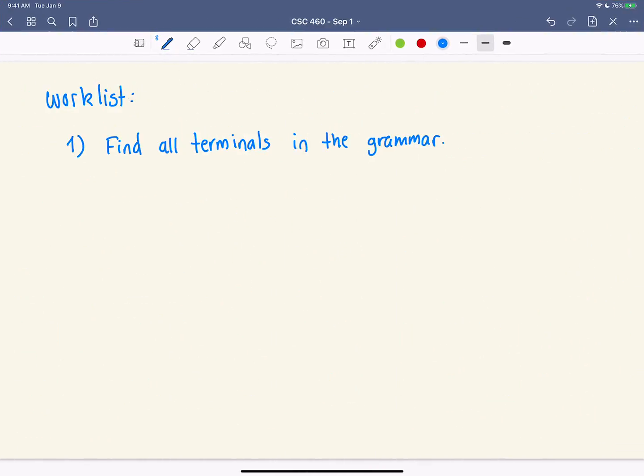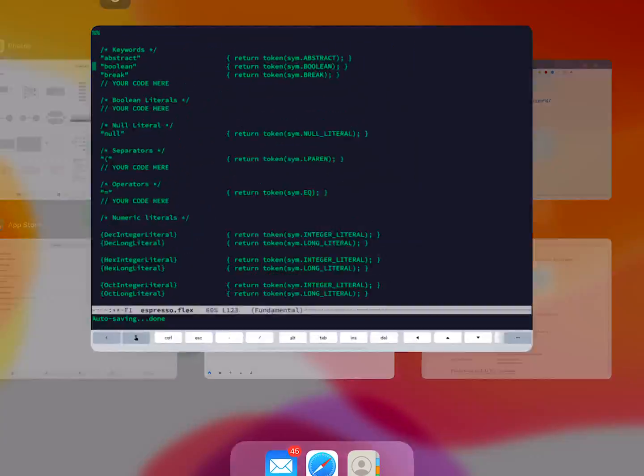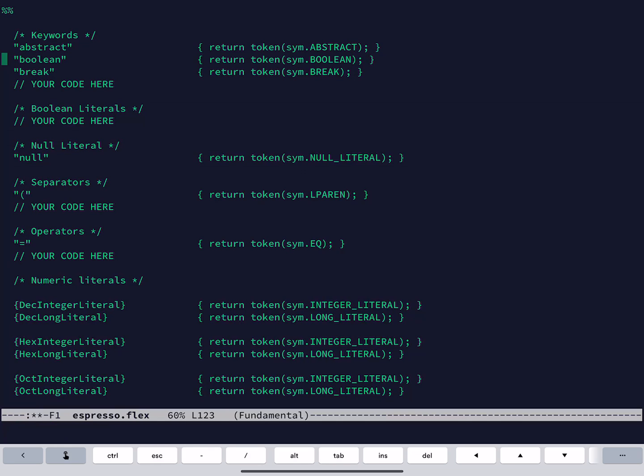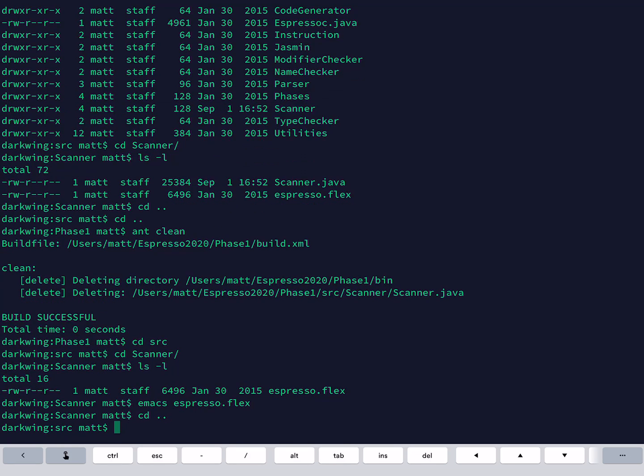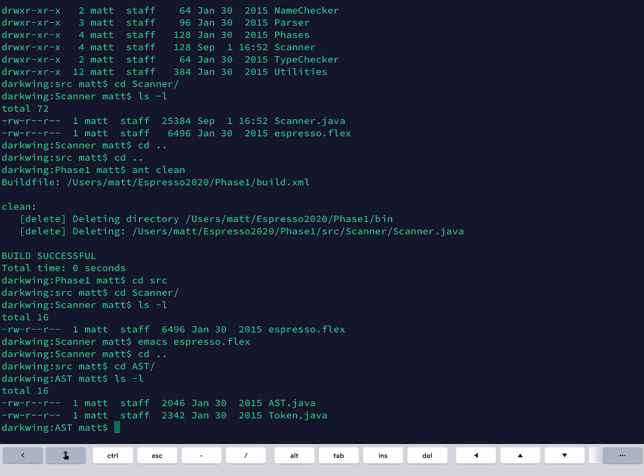If I could come back to where I was here. Okay. So it turns out if you go into this AST directory, this is where all our parse tree nodes are. There's my token. So I've written the token implementation for you.